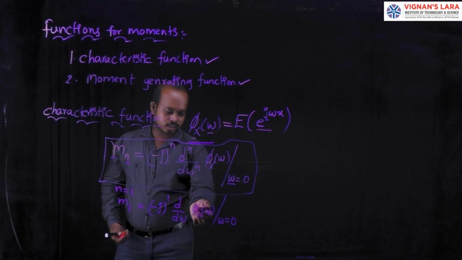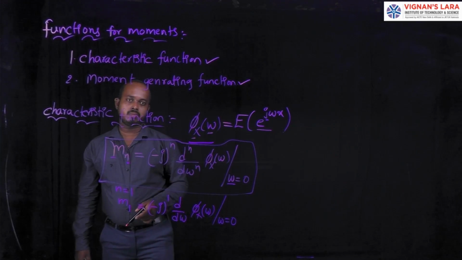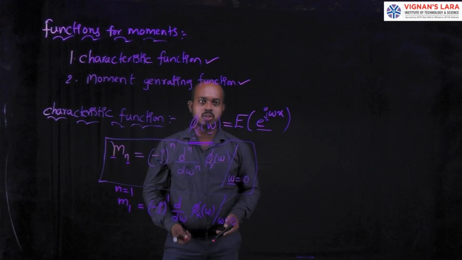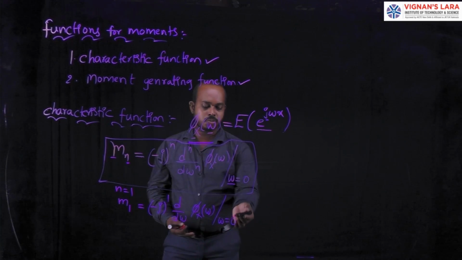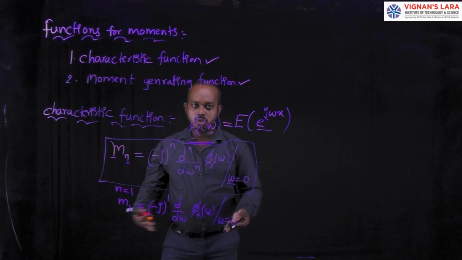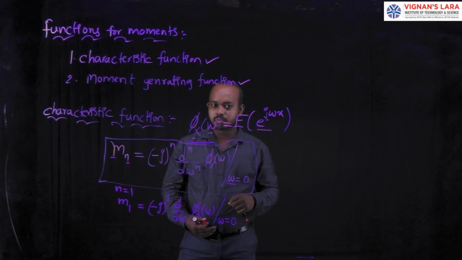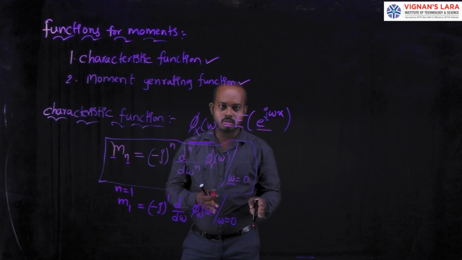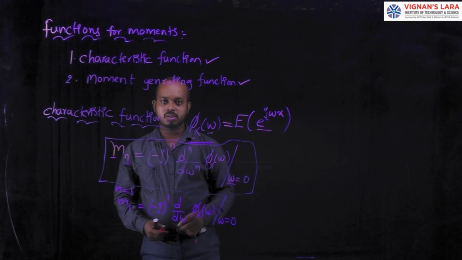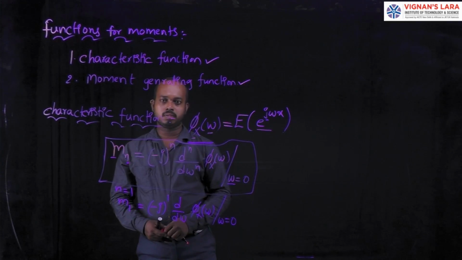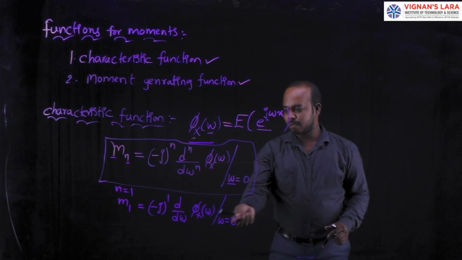Here you can take the pi x of omega value as omega square. Then apply the differentiation on this quantity and the value goes to 2 omega. Then substitute 0, and the entire quantity becomes 0. Suppose you need to take some function relating to the characteristic function, that means 1 plus omega. Here for the first moment I am writing the equation like this.